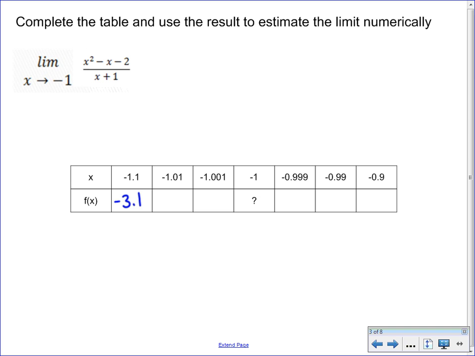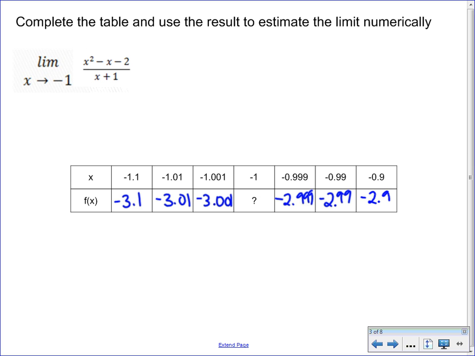Okay. Caleb? Negative 3.01. Pod 3? Interesting. Okay. Pod 6. Negative 0.9. Adam? No, that's negative 2.9. Okay. Pod 5? Oh, I got that. We got 2.99. Okay. So, as we come from the left of -1, and as we come from the right of -1,